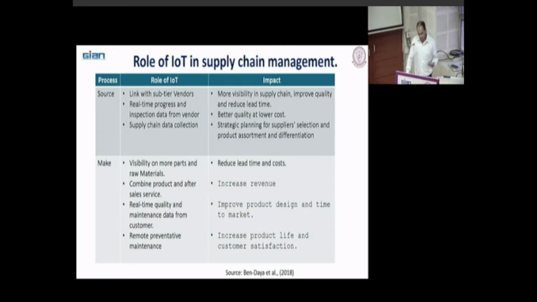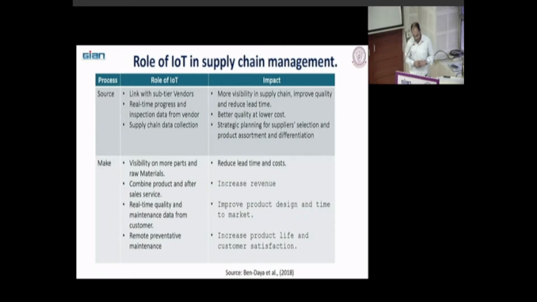What are the impacts? It reduces lead time and cost, because you are improving visibility in your factory. You are trying to avoid costly maintenance. It increases revenue and improves product design and time to market. When you get improved visibility in your product development, it helps reduce development time as well.